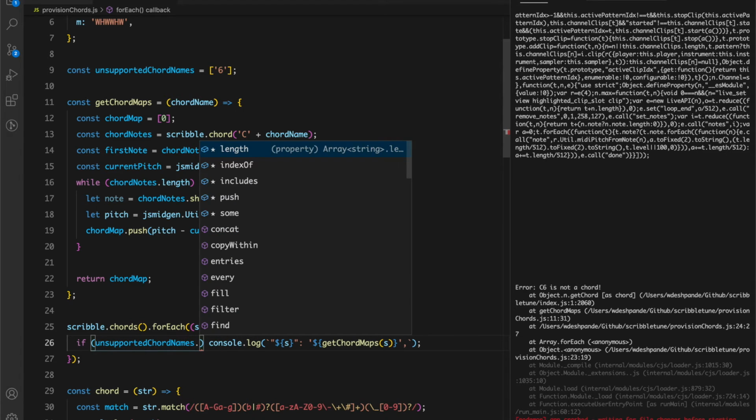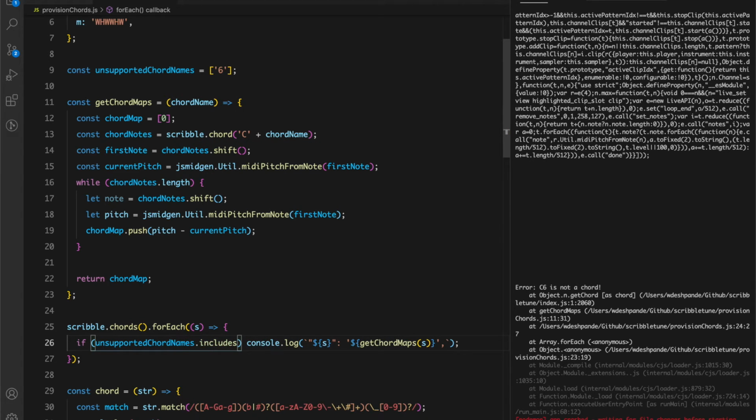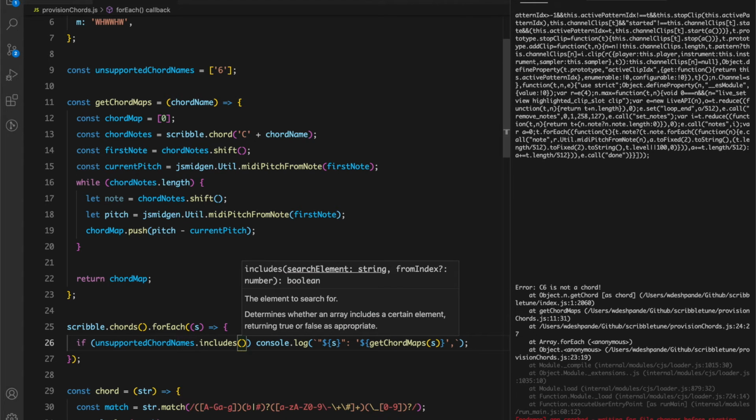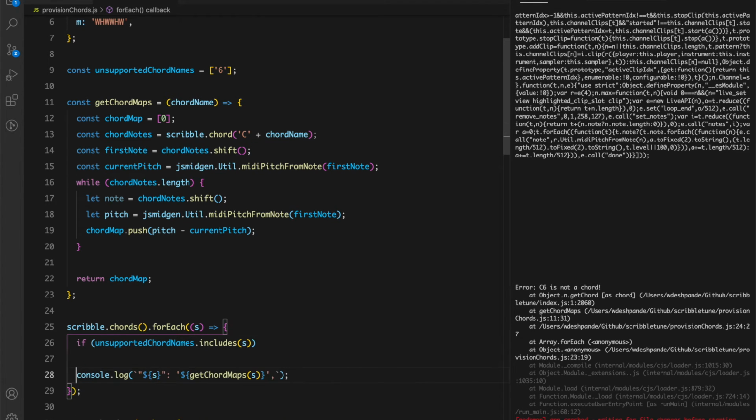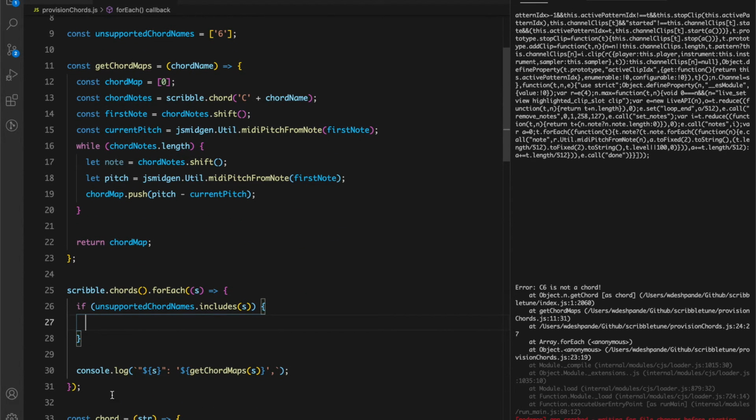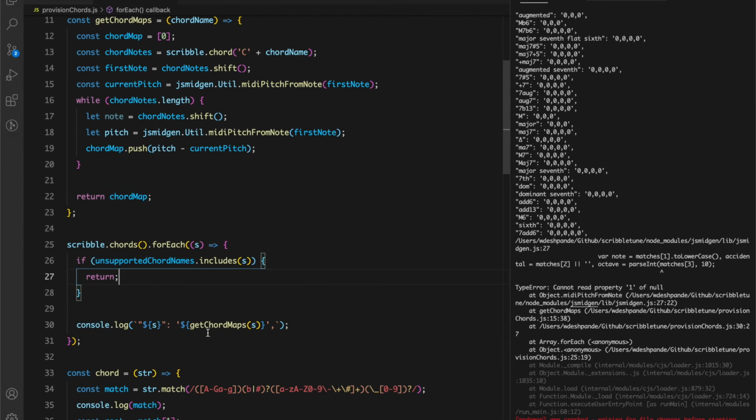If unsupported chords includes the incoming chord, if the incoming chord is something that we don't support, then we just return, we won't do anything with it. And if it is something that we support, then we just console it out at the moment by sending it to get chord maps.